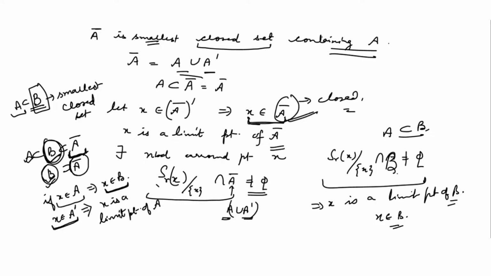Okay. So from here, whatever the X, either X belongs to A or it belongs to A dash. In each case, it is a member of B. So we chose X to be any arbitrary element of A closure, and we have shown that it is also a member of B. This implies A closure is contained in B. So from these two, both are equal. If both are equal, it means B, which we supposed to be the smallest closed set containing A, is the same as A closure. So A closure is the smallest closed set